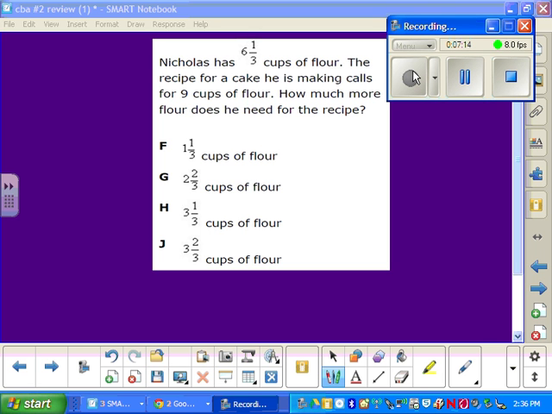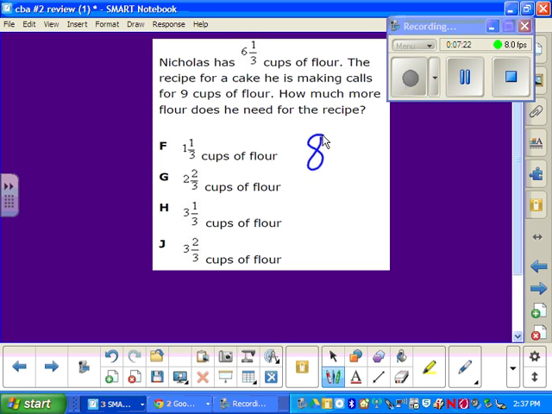So I'm going to have 9 cups of flour, which I'm going to write as 8 and 3 over 3. And I do 3 over 3 because I want to have the fractions to subtract from 6 cups and 1/3. So I'm going to subtract that from 6 1/3,